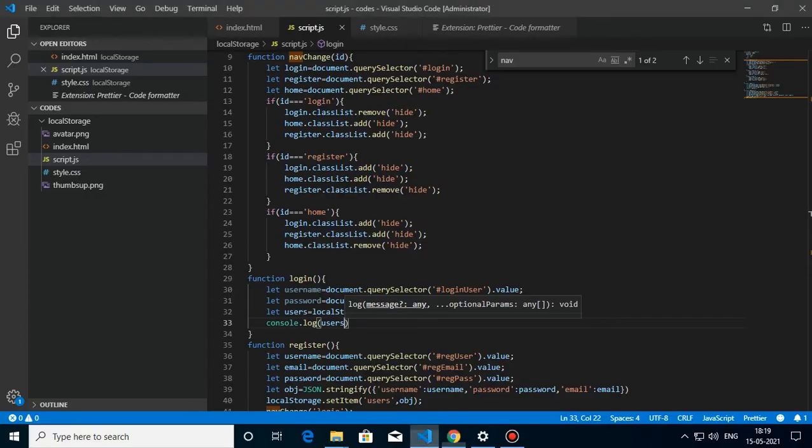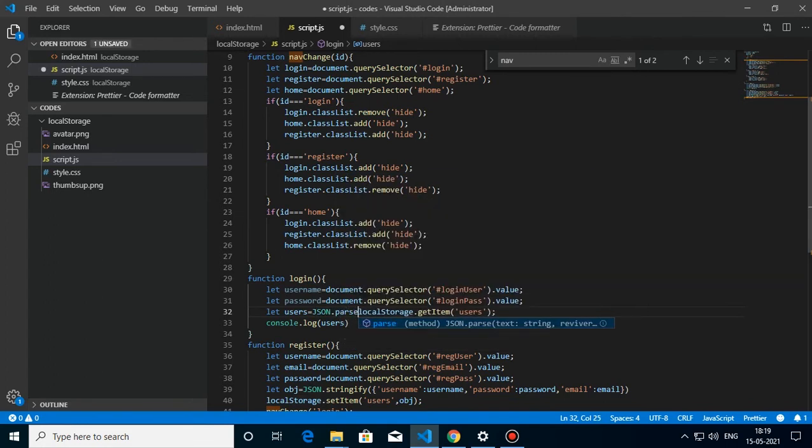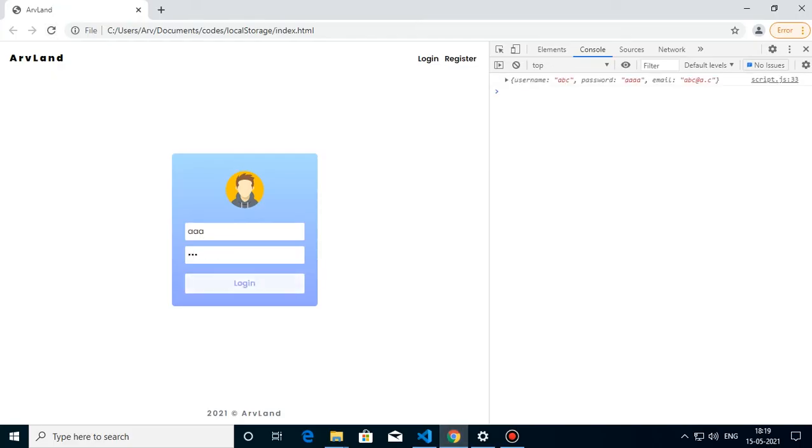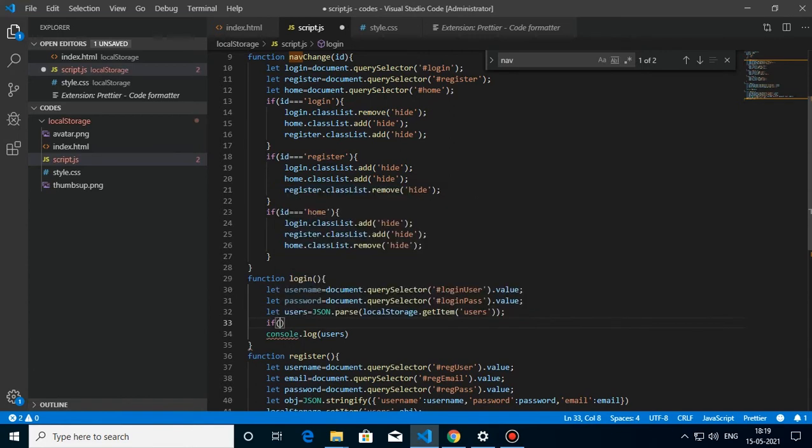So we have to convert this string which we get into an object. How will we do that? Again easy, we have a function named JSON.parse. See, now we get an object. Good.